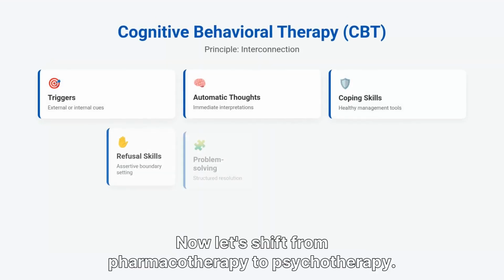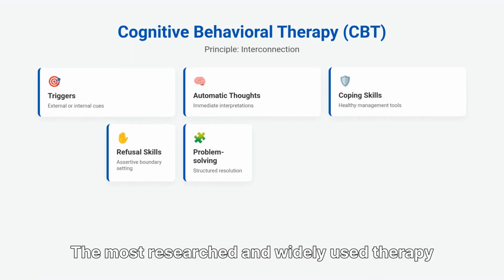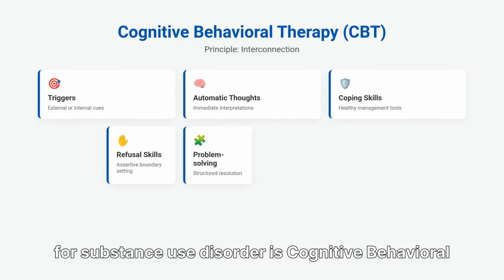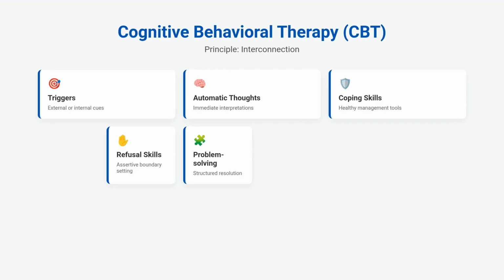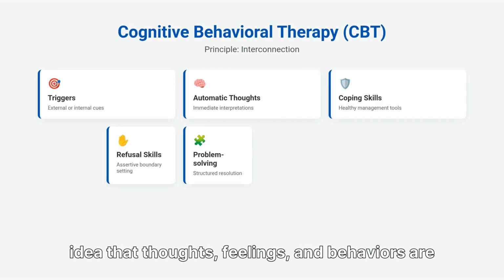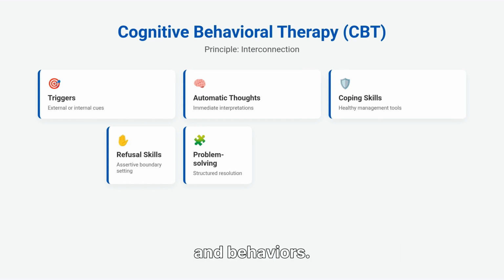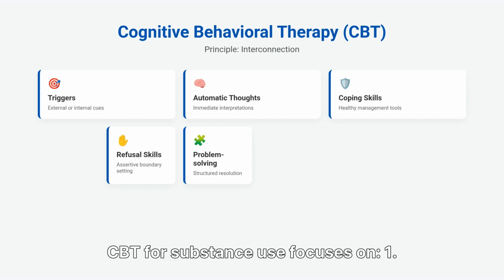Now let's shift from pharmacotherapy to psychotherapy. The most researched and widely used therapy for substance use disorder is cognitive behavioral therapy, or CBT. Core principle: CBT is based on the idea that thoughts, feelings, and behaviors are interconnected. By changing thoughts, we can change feelings and behaviors. CBT for substance use focuses on: